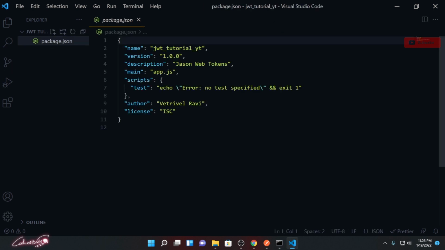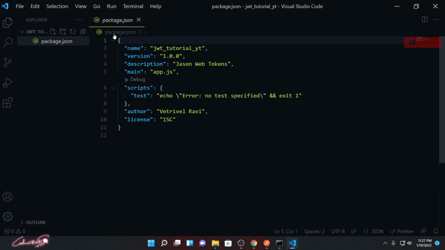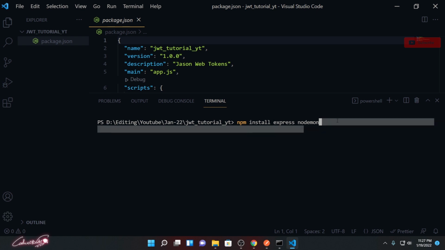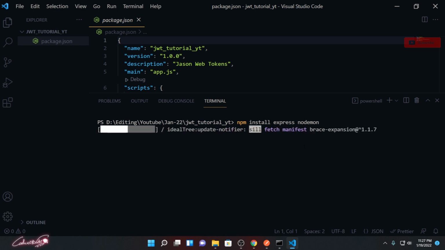If you open up your package.json, you can see all the details whatever we gave over here. Now we need to install two more packages. Let's install them: npm install express to create the server, and nodemon to execute our entry point file, that is our app.js. Make sure the names are correct, nodemon and express. That will install the required packages and all the node modules we need. It might take a while, so sit tight until it gets done.